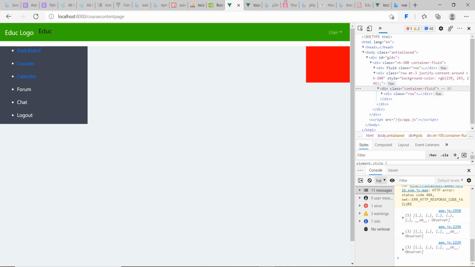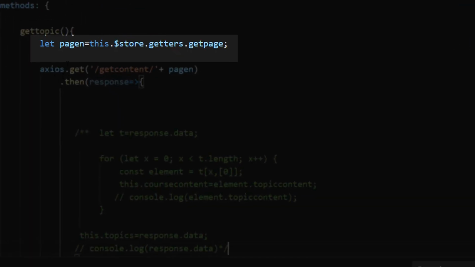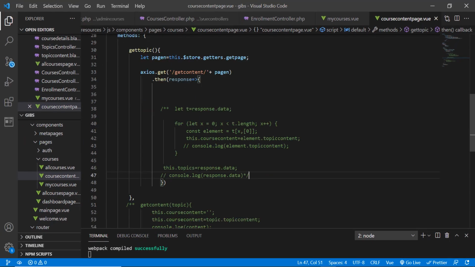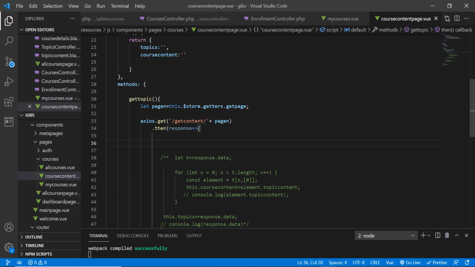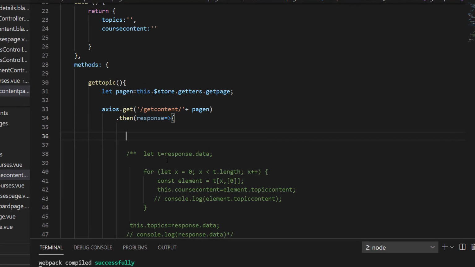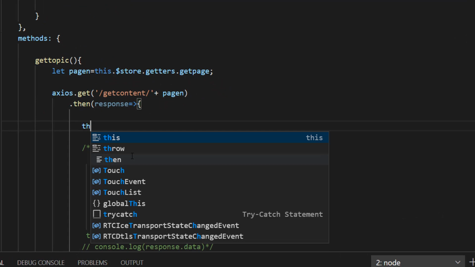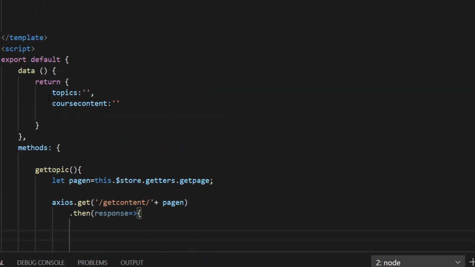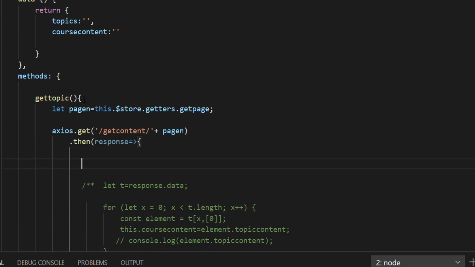All right, so I'm going to go ahead to my code. I've used Vuex here, okay? But what I'm going to do, I want to get content. So I commented this out so that I do not swerve away from what I had already created. So I already have an item to get content here. I already have in the data return a course content. So what I'm going to do,